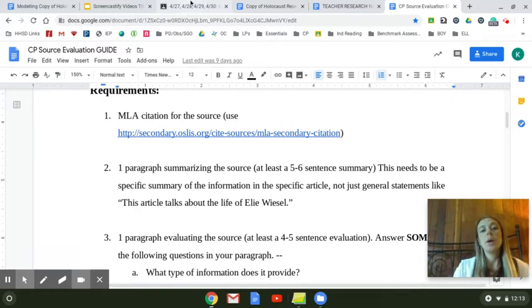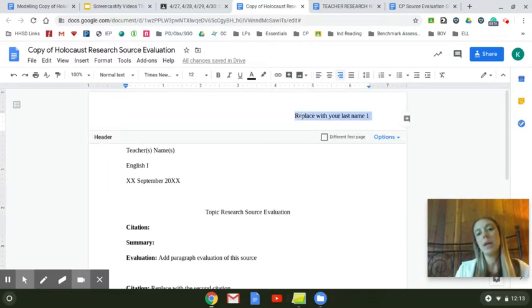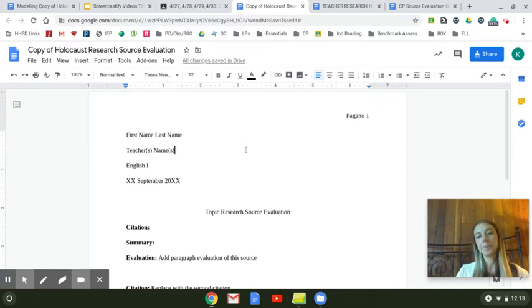So all of your work is going to go on this document, which is the Holocaust Research Source Evaluation. You should fill this out with the MLA formatting. So you double click to get in the header. It says replace with your last name. I'm going to replace it with my last name. And I'm going to make sure there's 1 space before the page number. And then I need to just click out of the header. Then I'm going to put my first and last name here,